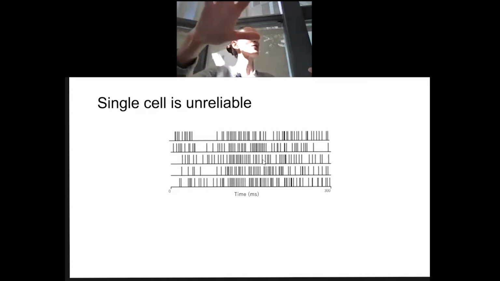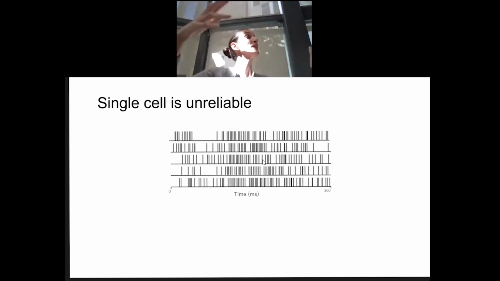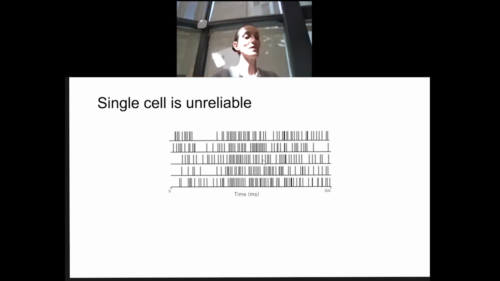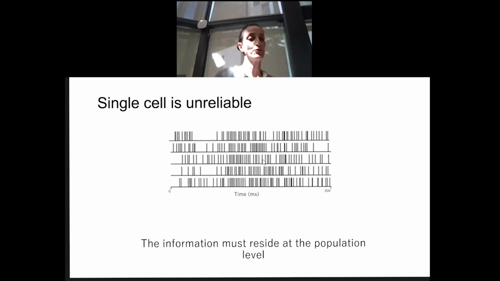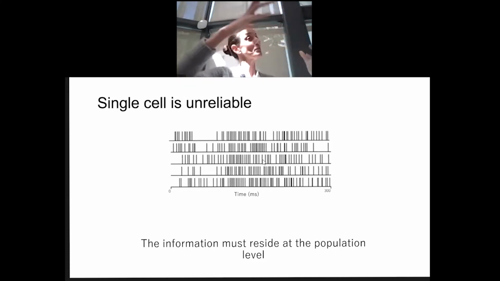So we need a lot of neurons because they are so noisy, okay? So we need to gather information from many, many agents in order to understand what information we want to convey. So the information resides within the population level. Now comes a technical question, and perhaps a very great challenge in neuroscience: if you want to record from a single neuron, it's not a problem. You stick an electrode, you record from a single neuron, that's it.